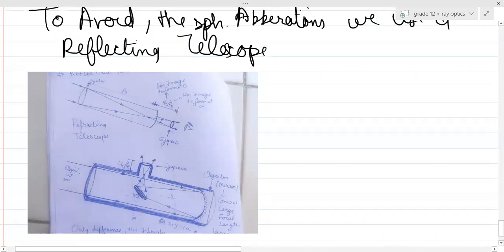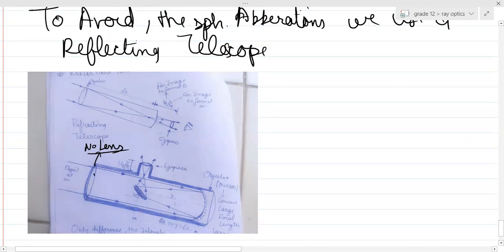So now see over here, guys, what is happening in this case. Can you see the object is at infinity? Can you see there is a hollow cylindrical shell? Here there is no lens. The light ray can come directly without refracting anywhere, right? So the light ray will come over here.